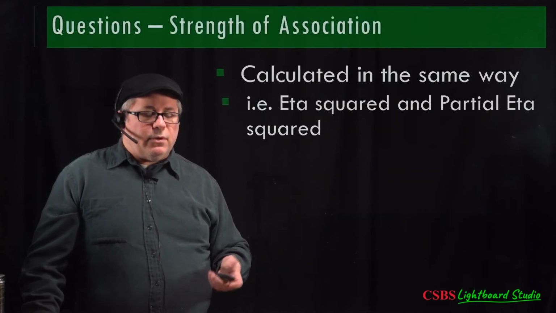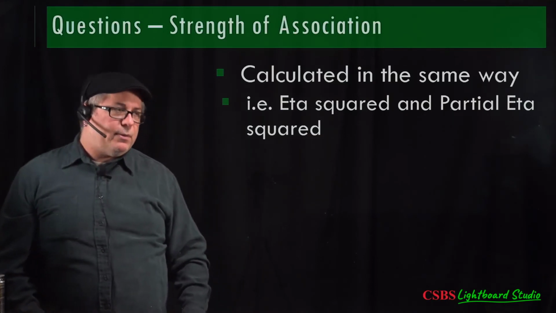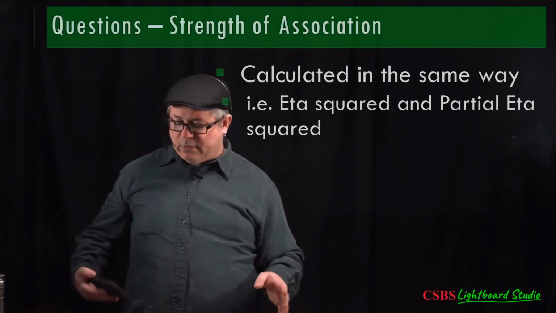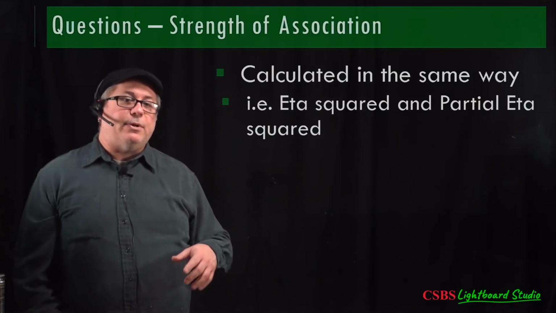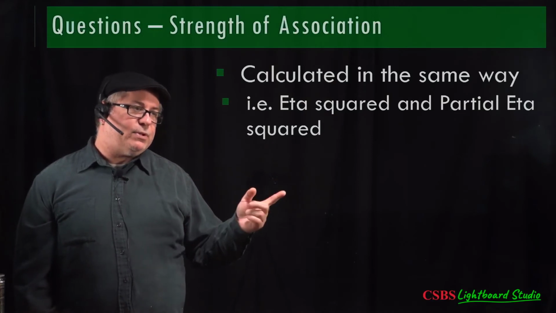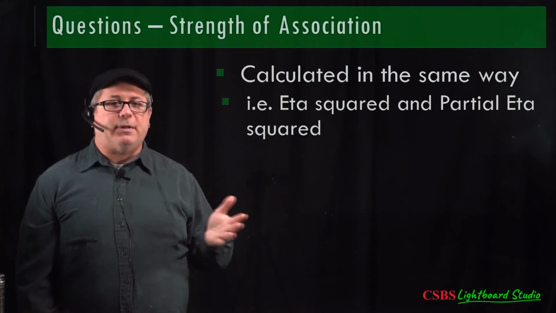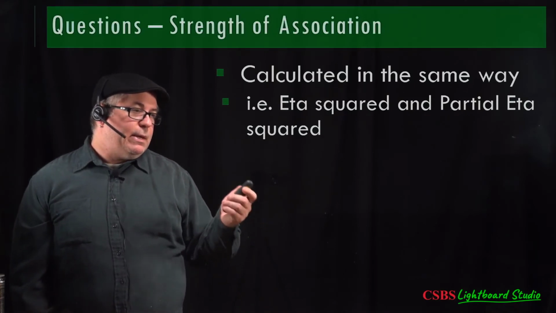And then there's measures of strength of association like eta squared and partial eta squared. Those are essentially going to be computed the same, especially when you think about it in terms of MANOVA. We can calculate multivariate versions of this and the univariate versions, and it's the same process. So I'm not going to go into a whole lot of detail about it, but it's the same as it